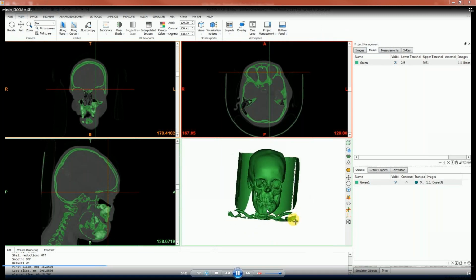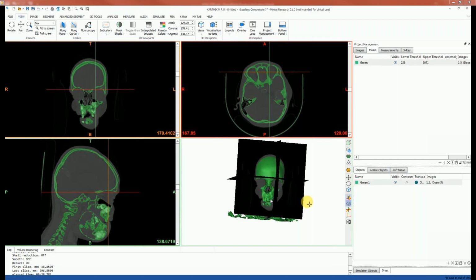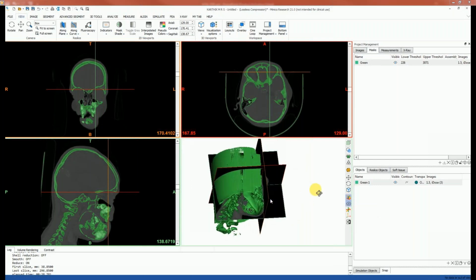Now, see, such a complex geometry we may not design in CAD. So this is another way to access the 3D printing part.